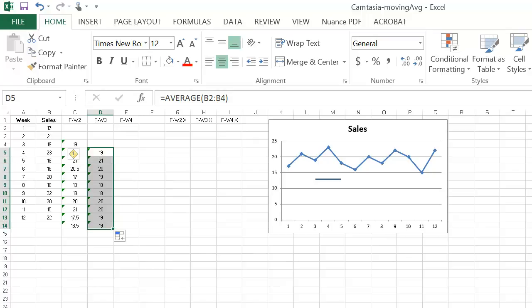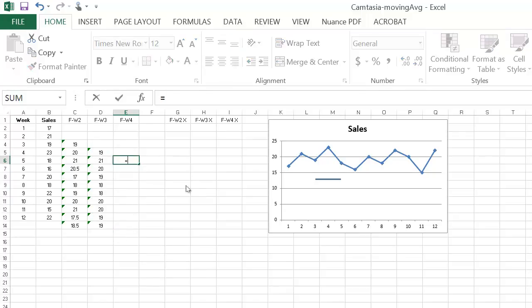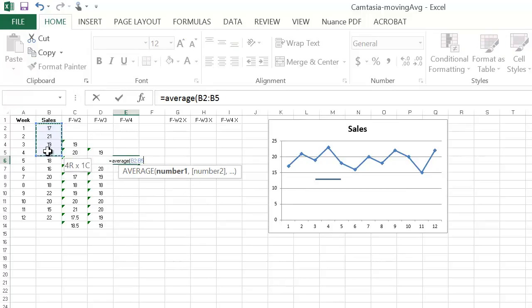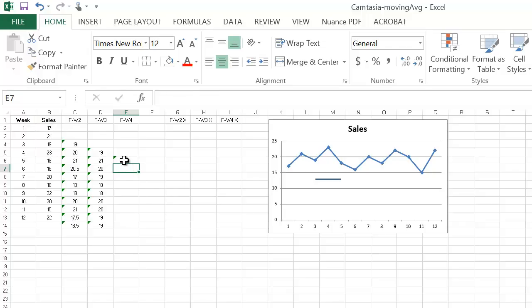And just for good measure, let's do a forecast with a window that's 4 periods long. So the first period for which I would make a forecast is period 5, and that would be the average of the first 4 periods. All right, so then I copy this formula down and I have my forecasts